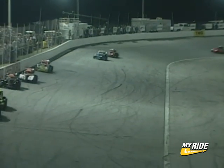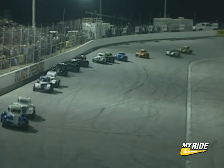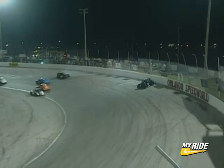5 laps remain in the Legends feature, and the Mopar PRI Sprint and Midget Classic is run in conjunction with and basically as a service of the Performance Racing Industry Show down here in Orlando. So it's the first year that it's moved to Orlando, and it's been a wonderful treat for everyone